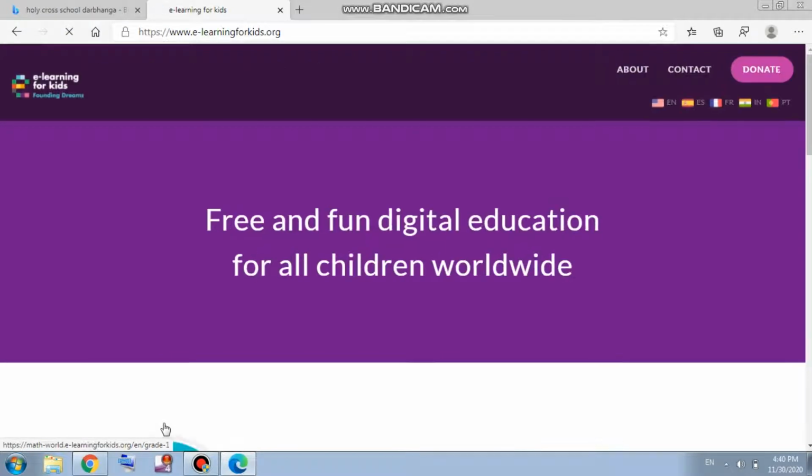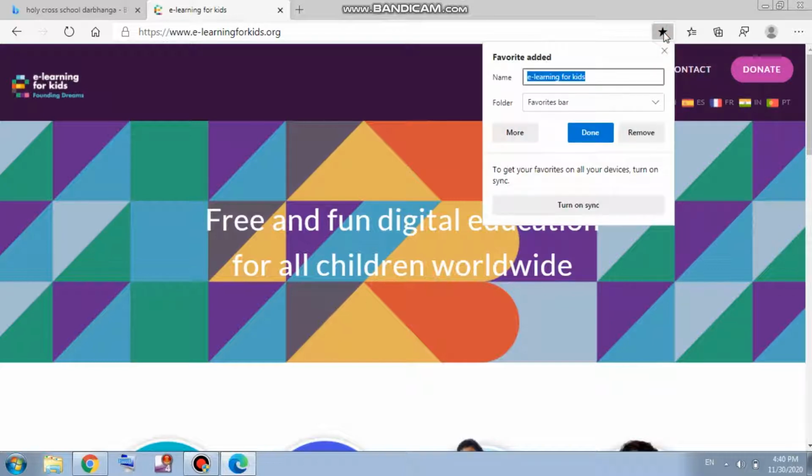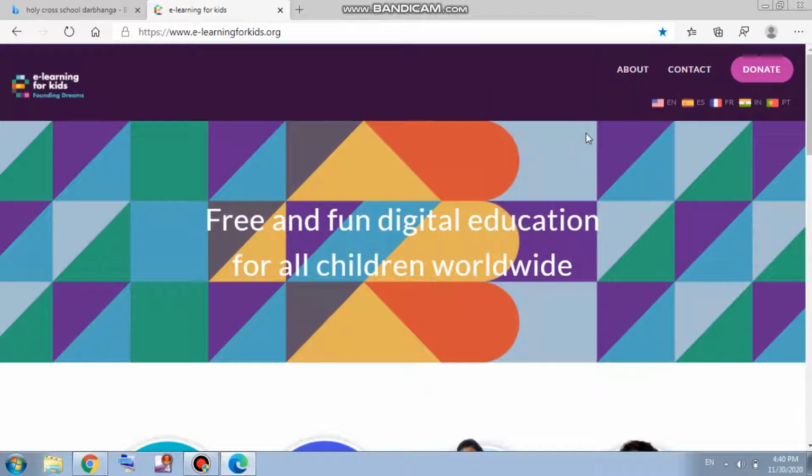So again, for that what we are going to do, we are going to simply click on this star button, and as we click again, this will be added. So like this we have added two pages as our favorite pages. Now we will be checking whether these pages were added or not. So for that we will first of all open our first page.